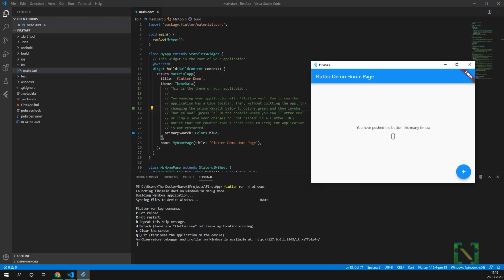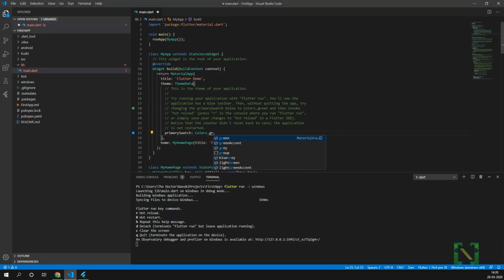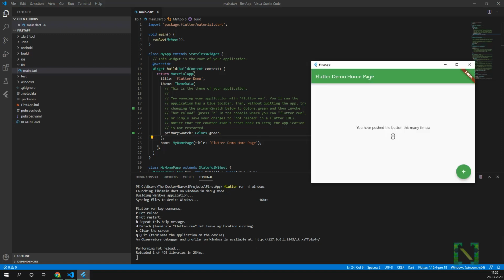Our first Flutter desktop app is launched. This is the basic project, a counter app. Now we will make some changes in the app. Here we are going to change the theme color of the app and then press R to hot reload the changes. So the changes are reflected here. It may be possible during hot reload you may face some issue because Windows desktop development is not stable yet. So you might face some issues and crashes during hot reload and hot restart.